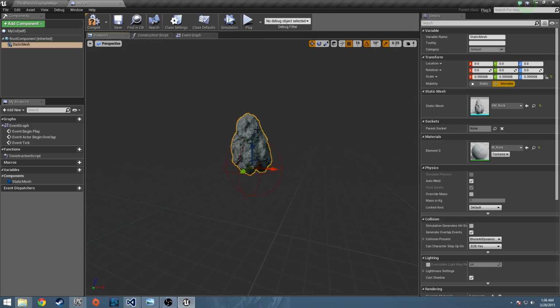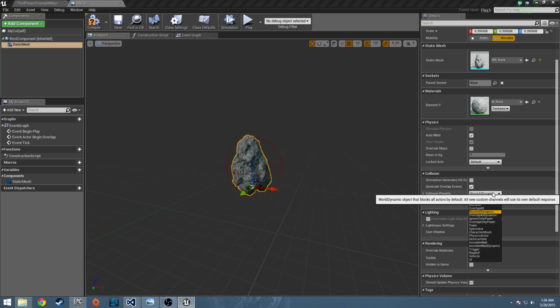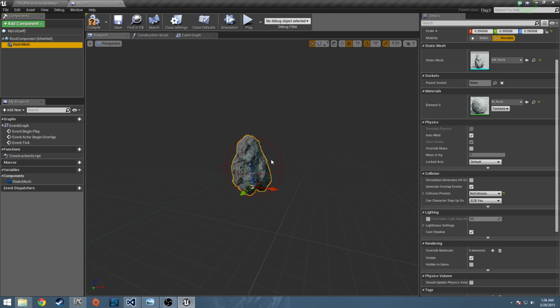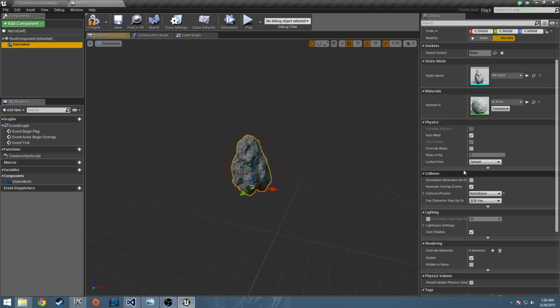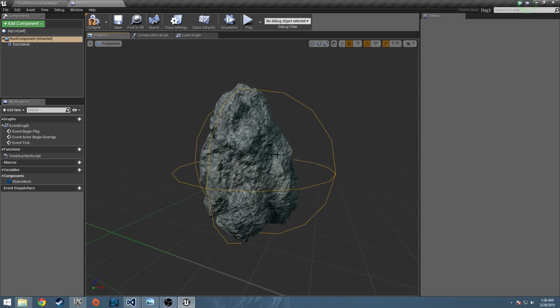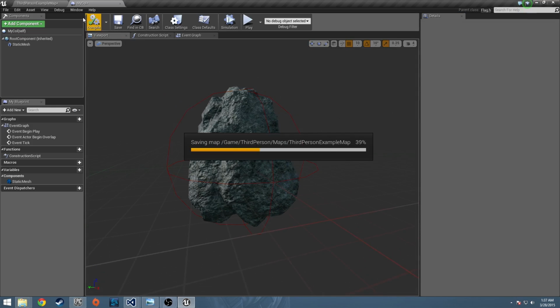Because you know I like collecting rocks. And then we're going to come down here, and collisions on our static mesh, we just want no collision. I don't care. But the collision is going to happen with this. And then we want to make sure that it doesn't generate overlap events, because we don't care. The only overlap event we care about is the one that's handled by this sphere. So we're going to compile that, save that,